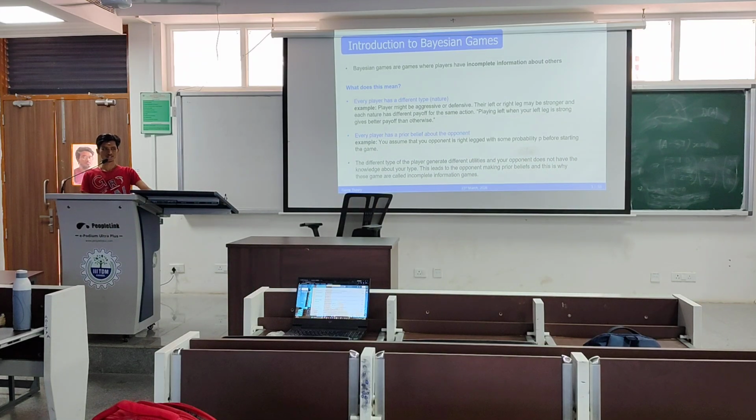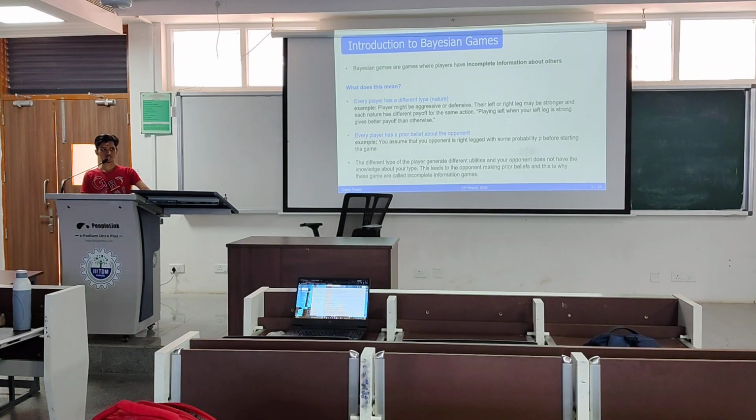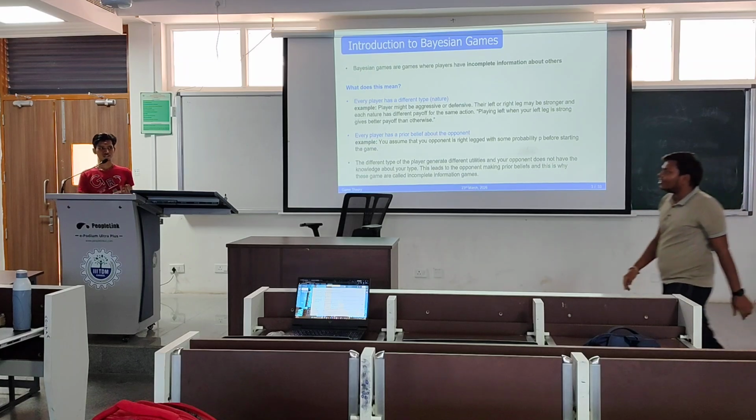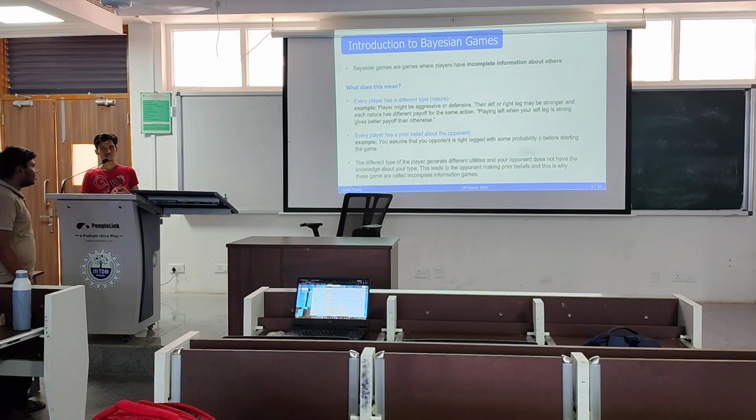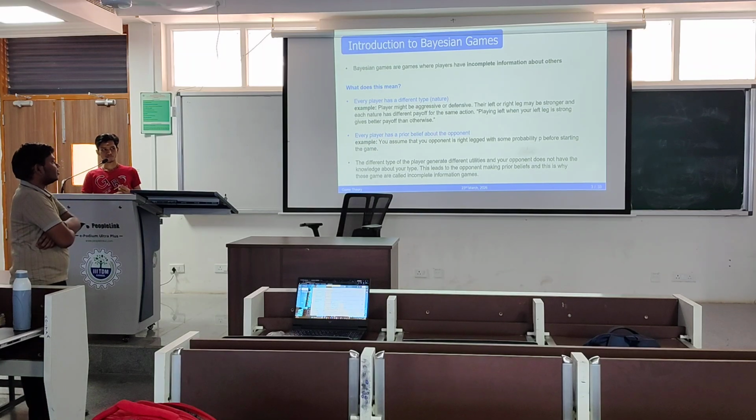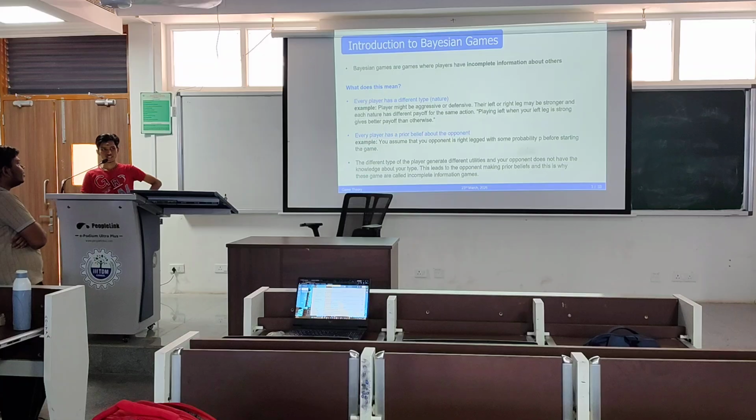So till now we have been dealing with complete, perfect and imperfect information, but now we are entering the field of incomplete information. So what does this mean? We have two types. In Nash equilibrium, we have only the players, actions and utilities, but here we also have type, probability of type and prior belief. So if one player has two options like kicking left or right, for example, and